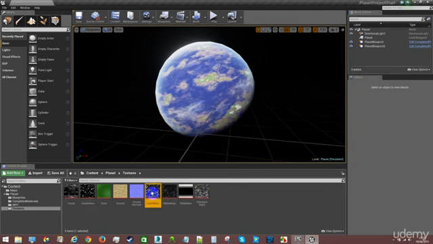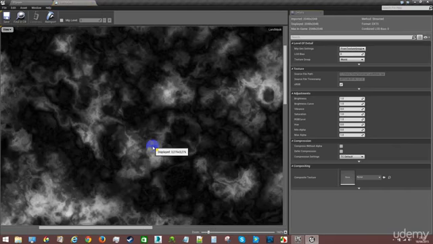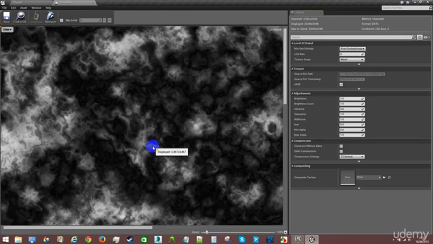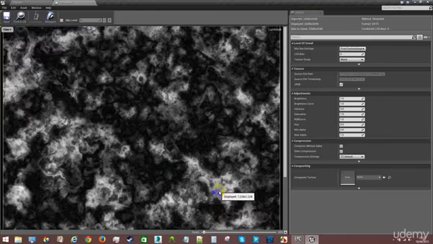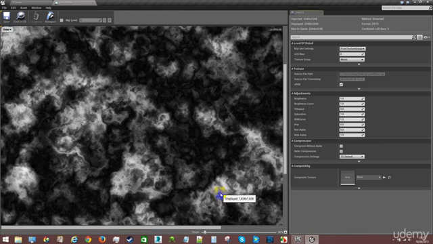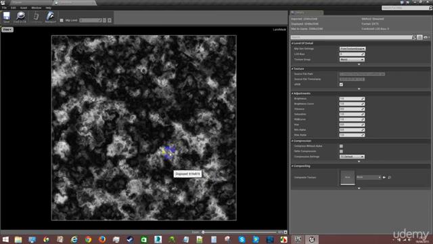Moving alongside here, I've got another mask. This one is working again with kind of inverse clouds, but it's not quite so eaten away as the others. And the idea here is that the white areas we can use to create land masses potentially,